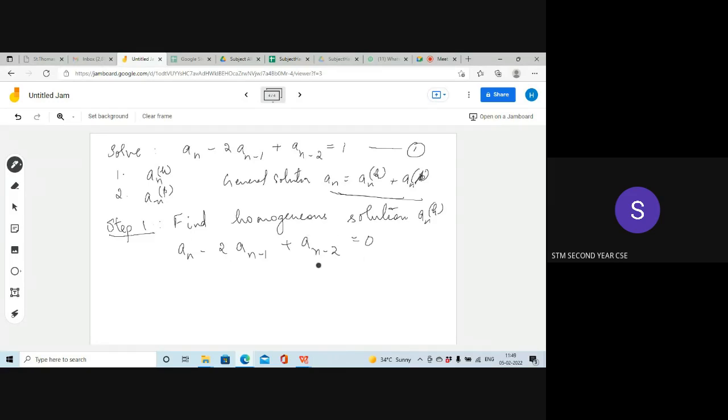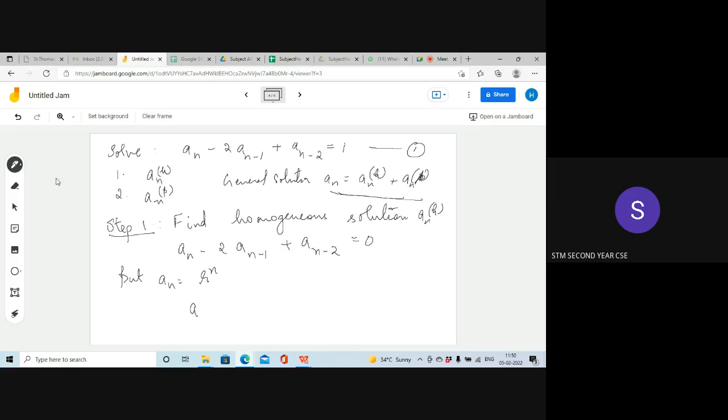Isn't it? Now this has become a homogeneous recurrence relation. And when I solve this, I will get the homogeneous solution first. So how are we going to solve? Put an is equal to r raised to n. We are going to find the roots using the characteristic root method. So just write